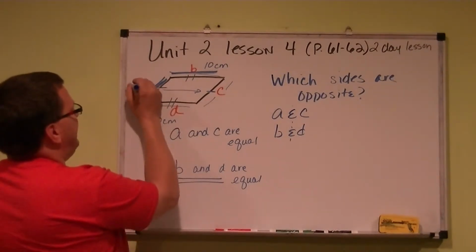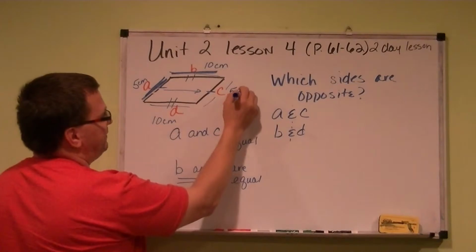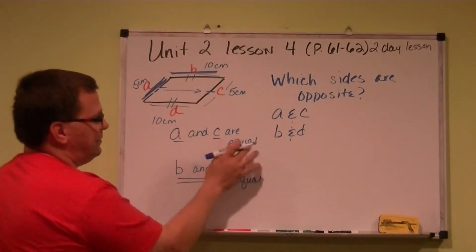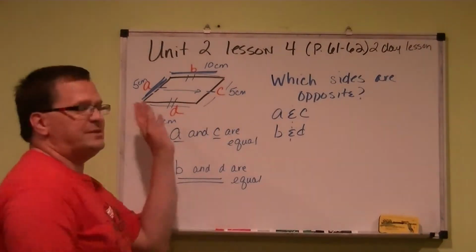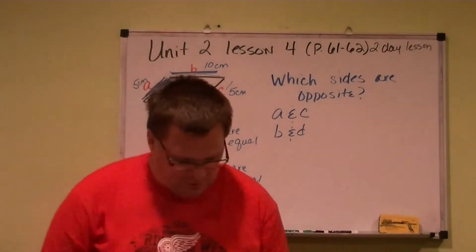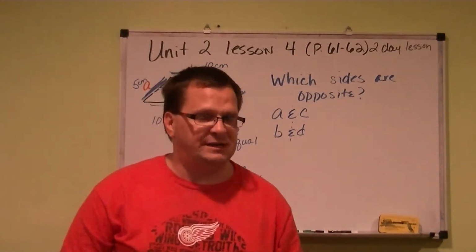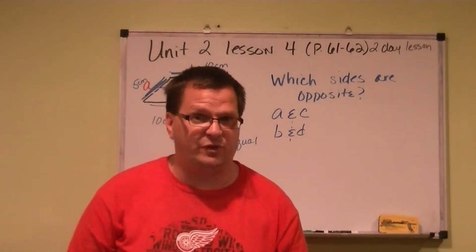Just as if A is 5 centimeters, C must be 5 centimeters. Again, A and C are equal. So the opposite side is always going to be the same, and they're always going to be equal. So you never have to really measure all four sides to get your answer,